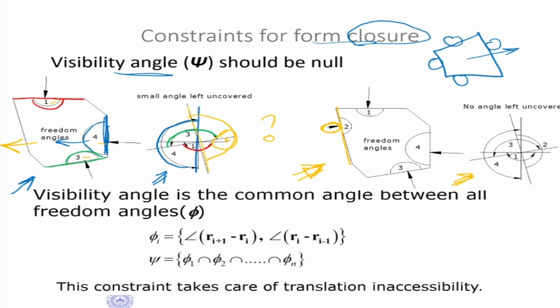So this is how we can figure out whether there is a possibility for the object to escape in some direction, or whether the object has been completely constrained. A program has to actually do this. It takes the binary string, finds the location of those fingers, draws the visibility angle, and then it can compute if you're covering 360 degrees or not.